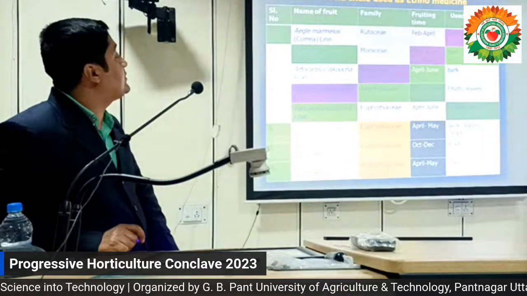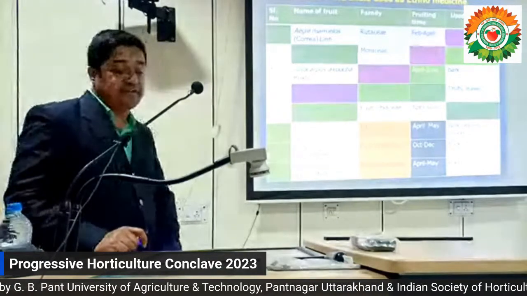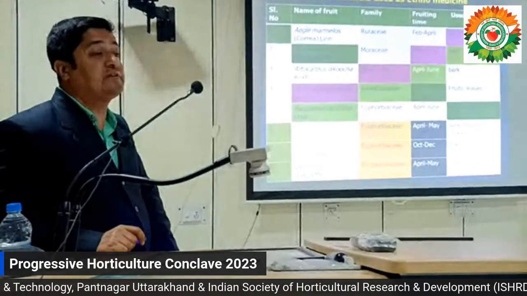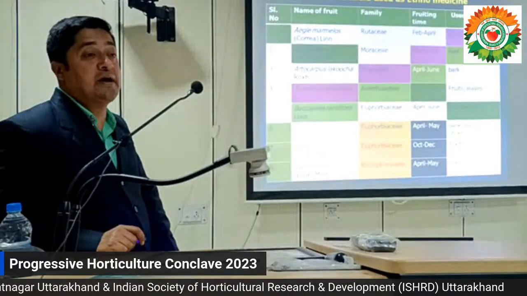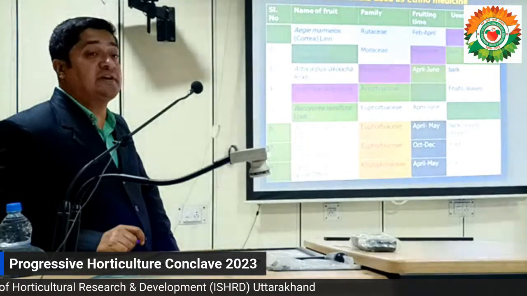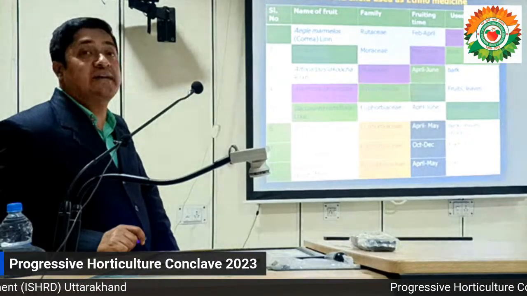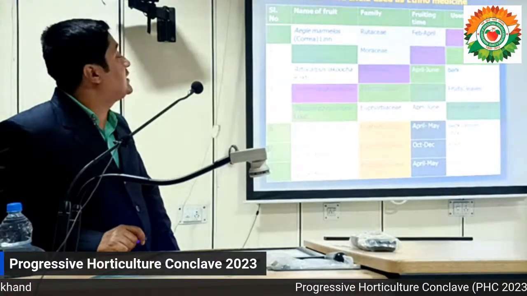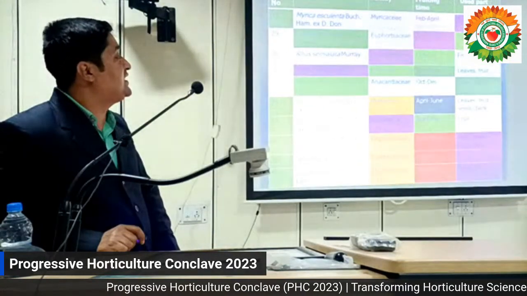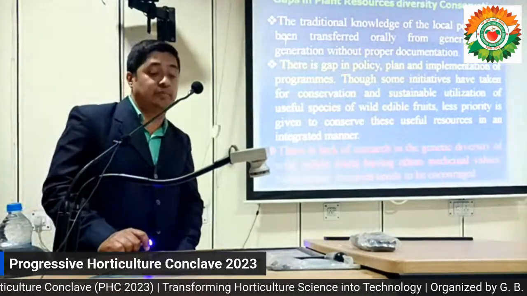Most of all the wild fruits which I have mentioned in my previous slide have medicinal uses in northeastern regions, in the tribal states like Meghalaya, Mizoram, Manipur. In each and every village, there are some traditional healers, and they use this kind of wild edible fruits to heal different problems or diseases faced by the general rural people.